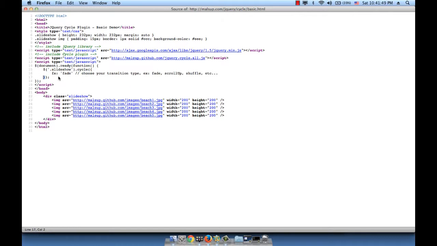Whatever is between the curly braces, which is the fade effect in this case, which we can change to horizontal scrolling, we can change to zoom, we can change to the effect that we want. The effect is the least important thing at this point, right? So every time the page loads, the function cycle is going to be called, and it's going to implement whatever is between the curly braces